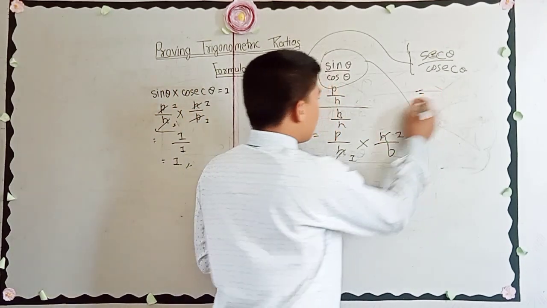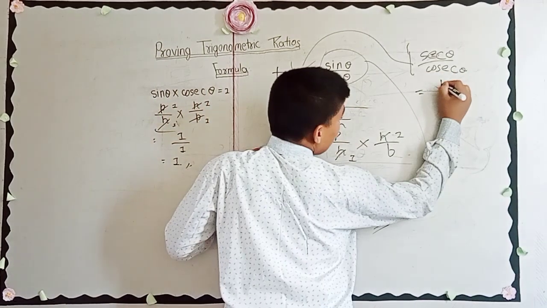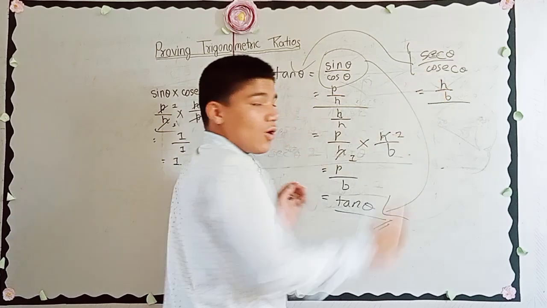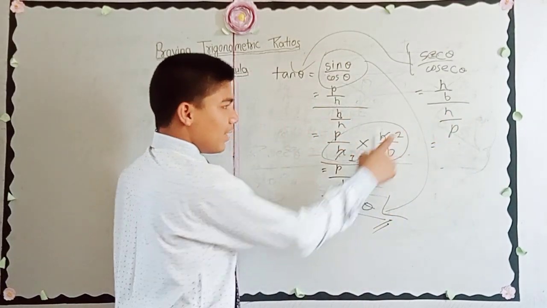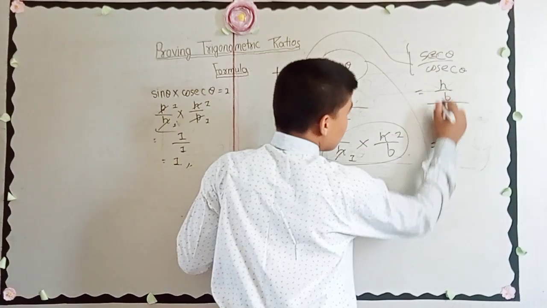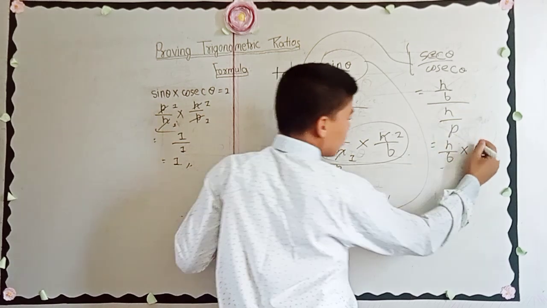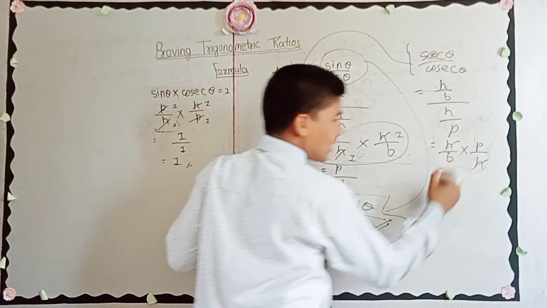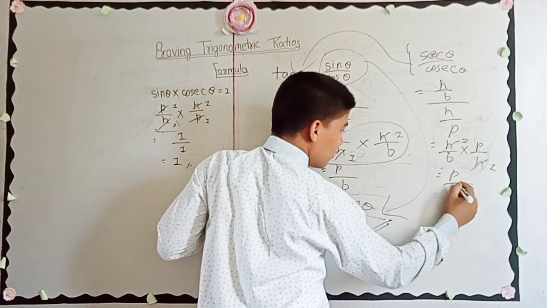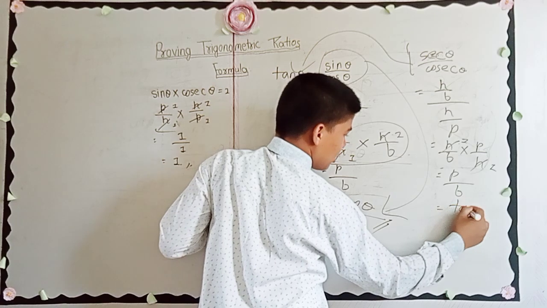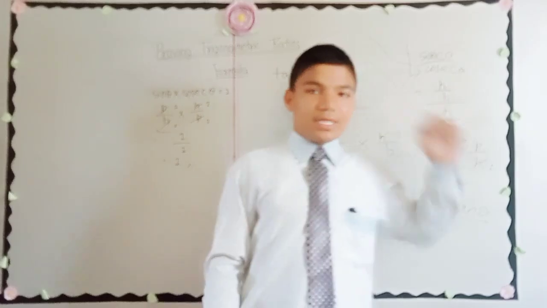So here also we have to do the same. We have to put the ratios. Sec theta is the ratio h by b, whole upon cosec, which means h by p. And as I did here, we have to do here also. We have to take this up by rationalizing. So this as same, h by b same, multiply. When we take this up, it will be reciprocal. So p will go up, h will come down, h cancels. 1 here, here 1 into p, p by b into 1, p by b. It is tan theta. So we can say tan theta is equal to sec theta by cosec theta.